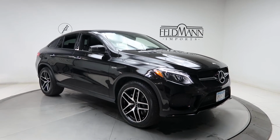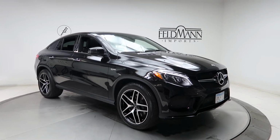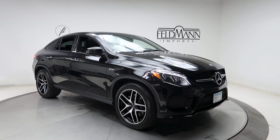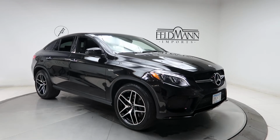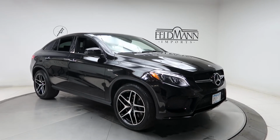Today we're taking a look at a certified pre-owned 2018 GLE 43 AMG Coupe. This one's black. Underneath the hood is a 3-liter V6 twin turbo pushing out 385 horsepower and 384 pounds of torque. This one also does come with the night package, which is going to give you a black exterior trim,